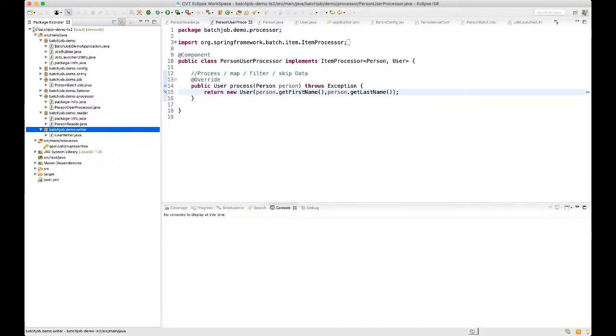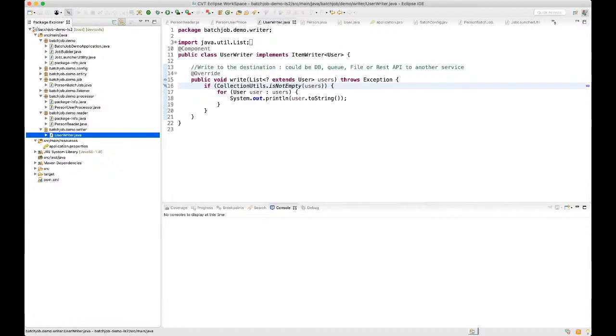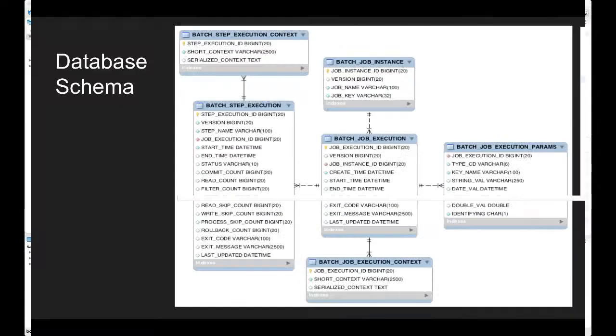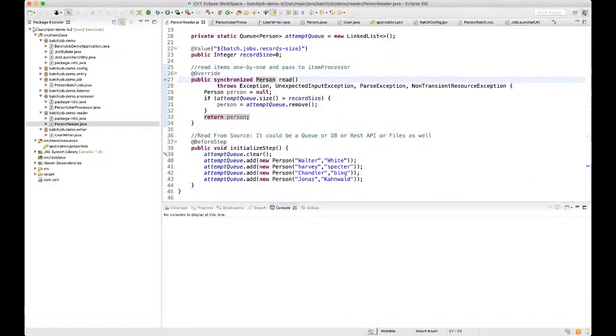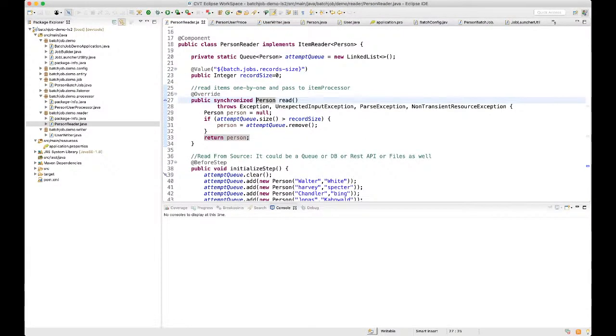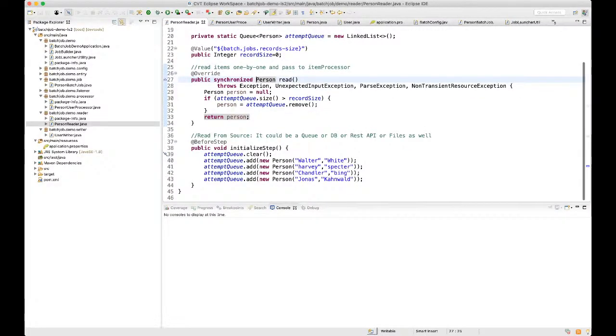Okay, so let me explain the code here, what we have in all of them. First let's talk about the person reader. Here we have one annotation called before step. Before step is executed only one time before the whole step, before the item reader, processor and writer are executed; it will be initialized only once. Here we can read data from our source.